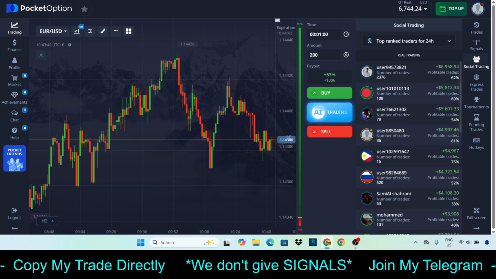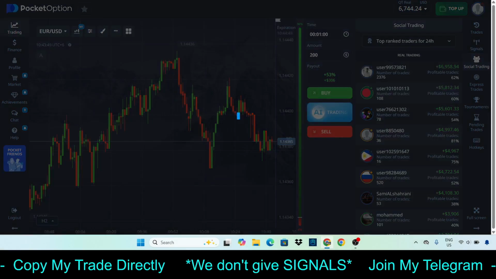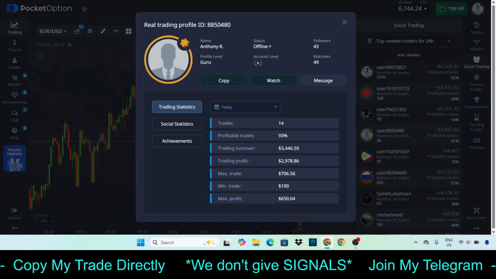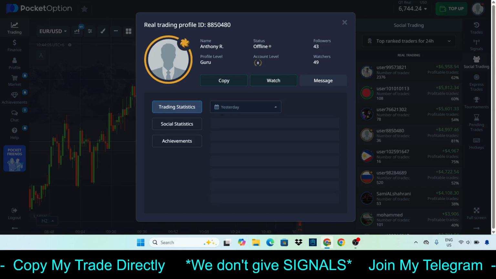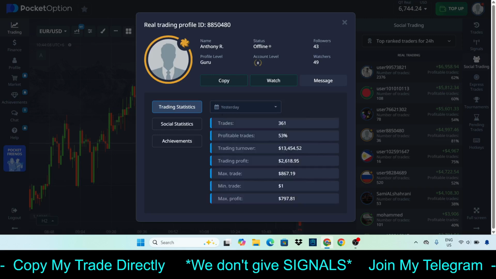I'll quickly show you an example here. I can notice that there is a trader who has 81% profit. So let's click on it. Okay, and yes, he has made profit today. But if you get excited just by seeing this screen, this is the result of today, and start to copy it, you might get into loss. Let's dive a little bit deeper into his account. You have 93% profitable trades. Okay, so let's see his yesterday's result. So yes, he was profitable